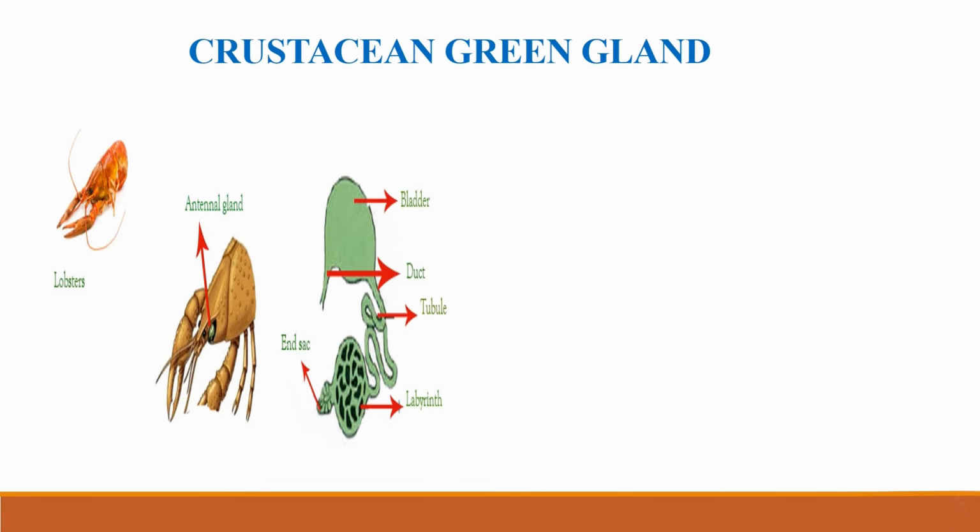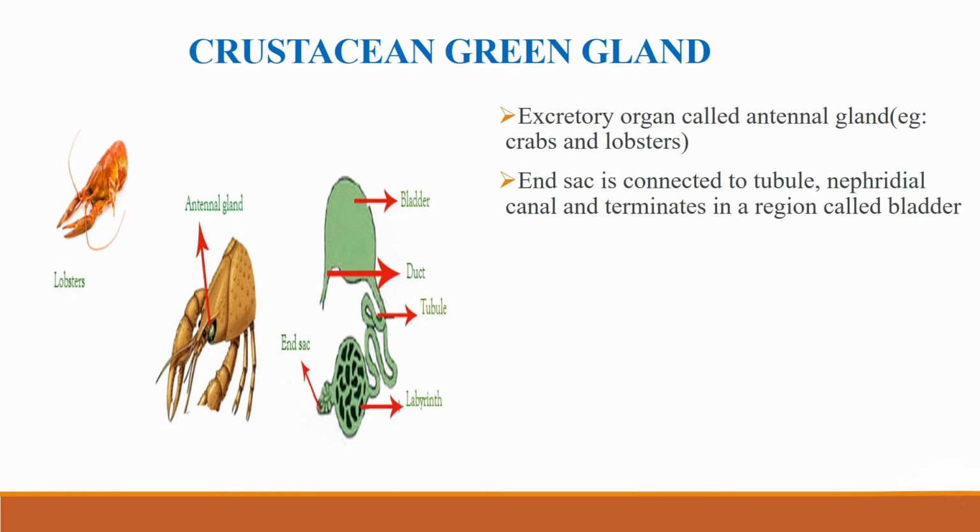Crustacean green glands. Crustaceans, for example, crabs and lobsters, have excretory organs called green or antennal glands located in the head region. The green gland consists of a blind ending sac called the end sac connected to a tubule, the nephridial canal, which terminates in a region called the bladder. The bladder exits to the external environment via an excretory pore, which is situated near to the base of the